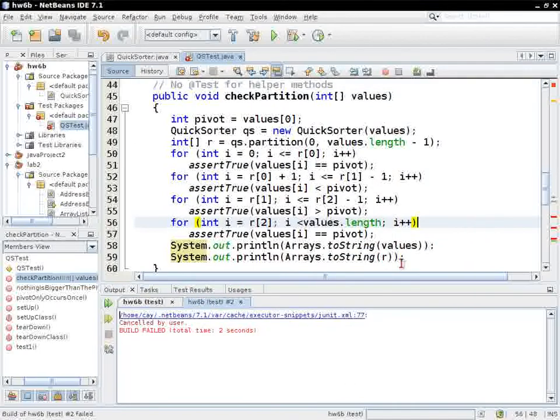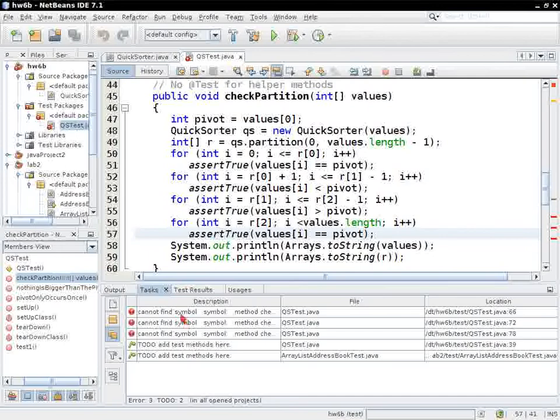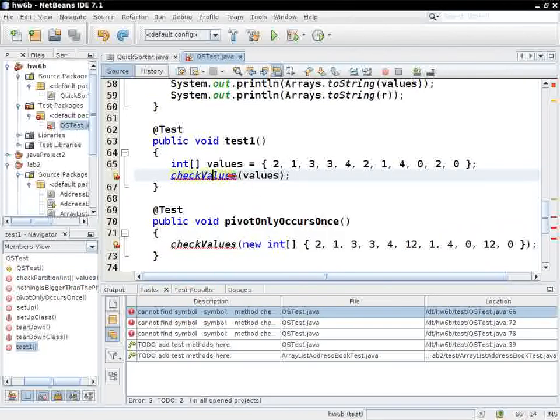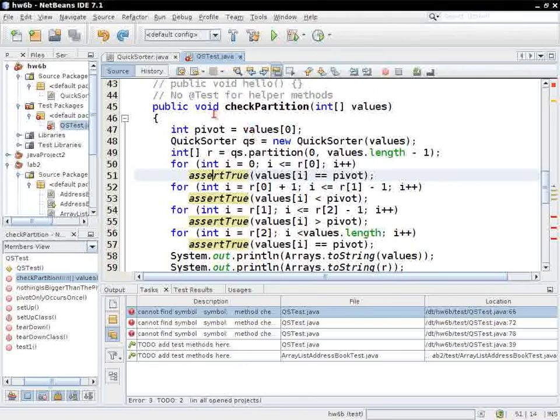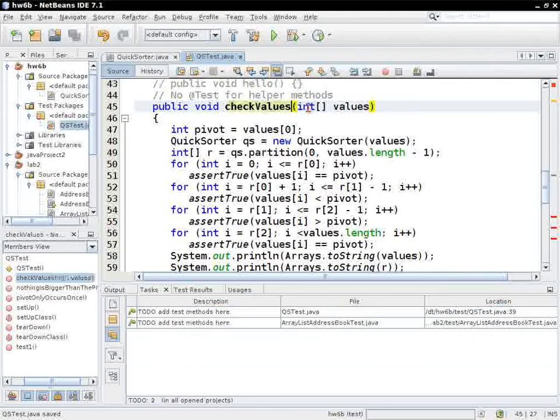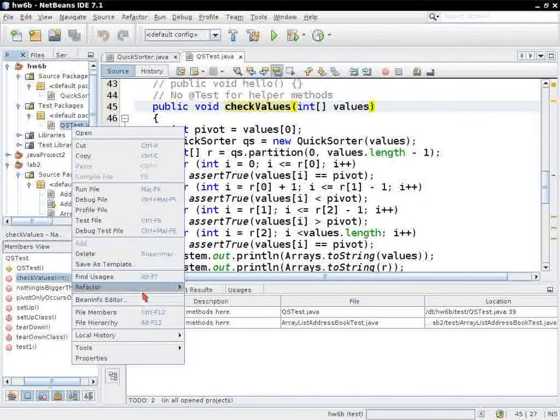It's not called check. Oh, because it's not static. No, it shouldn't have to be static. Oh, I see. I think it's easier to change it here. Okay. Let's do it again. Run as